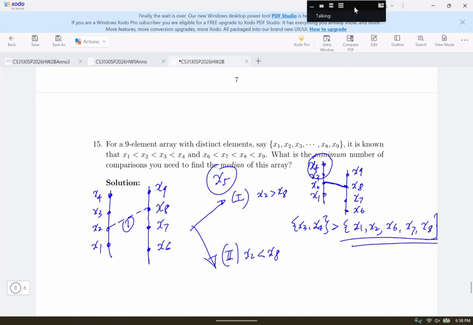But the median equals fifth largest or fifth smallest, right? So when some elements are greater than at least 5 elements, they cannot be the median. Similarly,